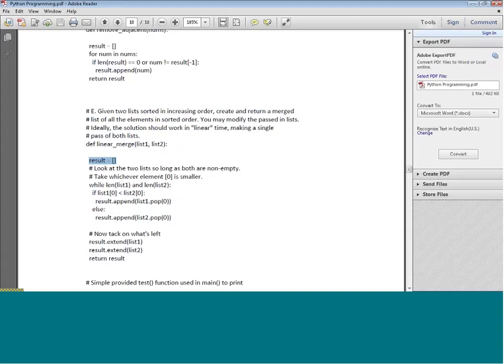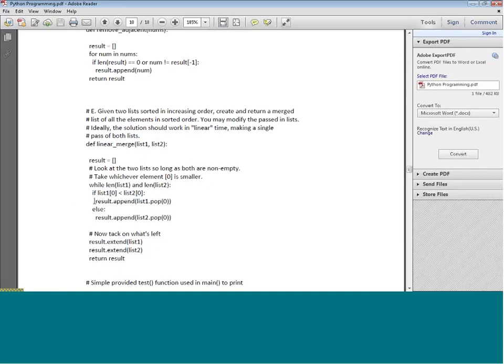Then we look at the 2 lists, and so long as both are non-empty, take whichever element is the smaller. That's the whole overall algorithm that is in the comments. So while these 2 lists are non-empty,